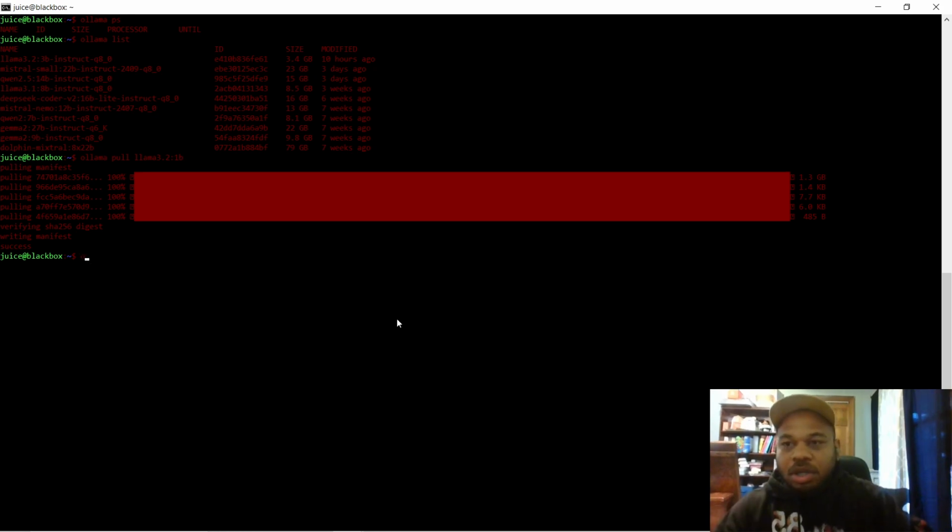Let's run it here. Let's do an ollama run, and we can choose which one of these models we want to run. If we want to run Llama 3 billion, that's the one I was really here for, because I think pretty much everyone's going to run the Llama 3.2 3 billion parameter model. If you want to know if you can run one of these models, there's a math formula you can use, or you could just think about it the way I do. The way I think about it is, if you look at the file size of one of these, you need to imagine that your GPU